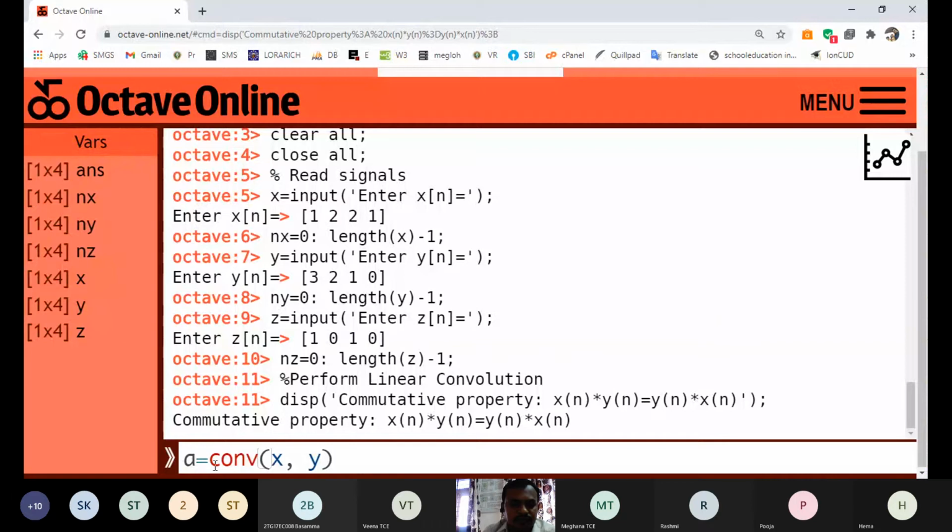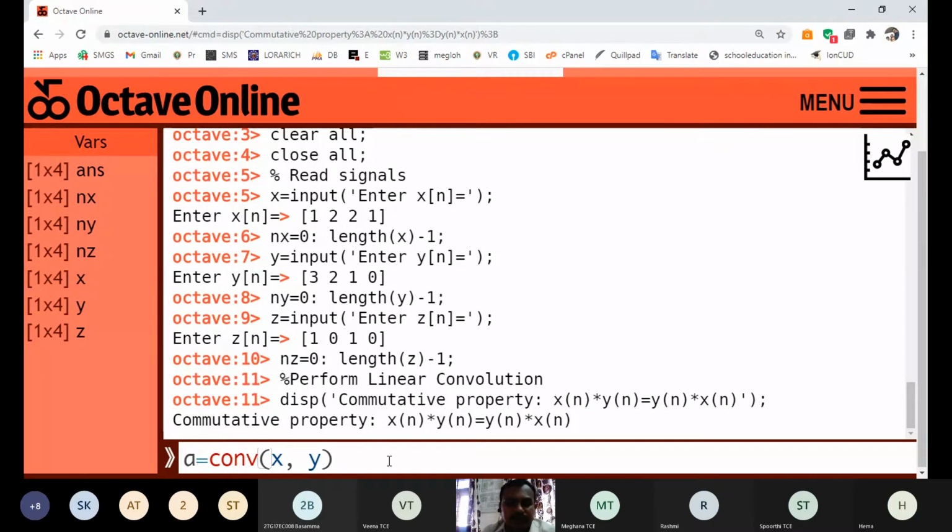Same thing we are doing here: A is equal to the linear convolution of x and y, because I am now performing the LHS part. I need to store this result in one variable.